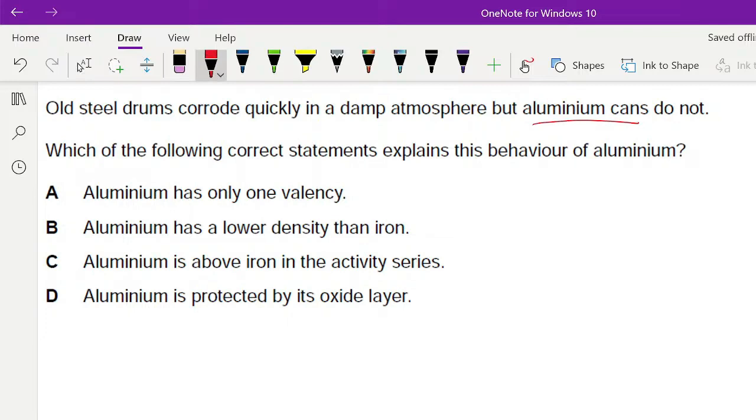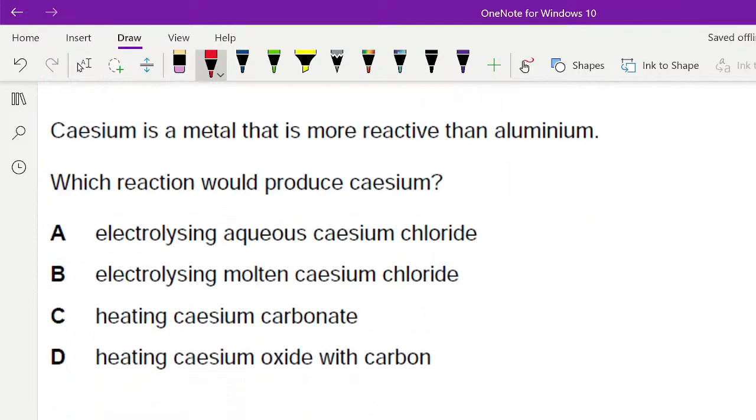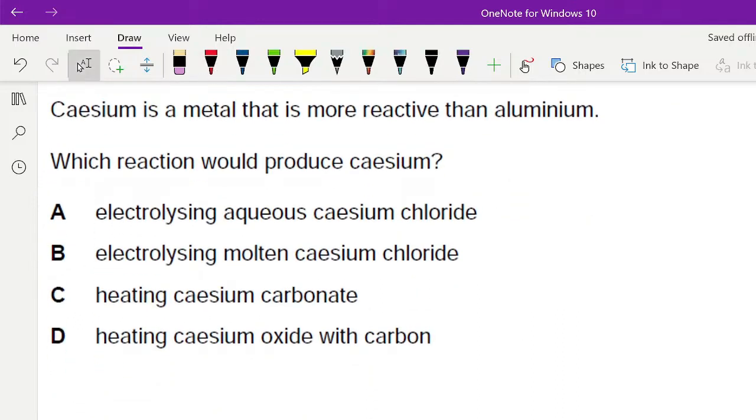And why is that? Aluminum is group 3. It should be quite reactive, but it doesn't seem to react that much because it's protected by its oxide layer, which is aluminum oxide. Cesium is a metal that's more reactive than aluminium, so the production would be electrolyzing molten